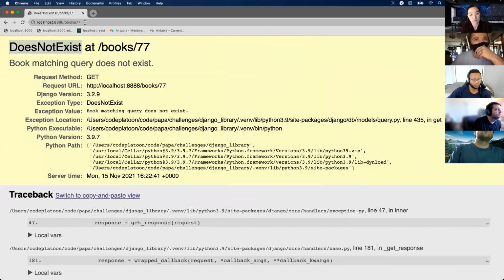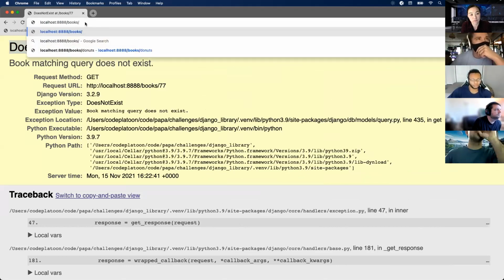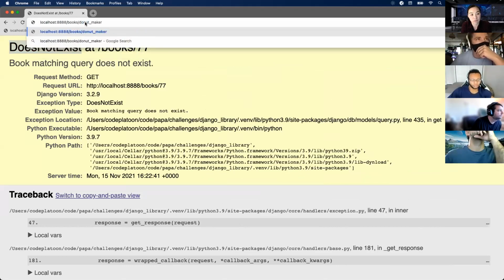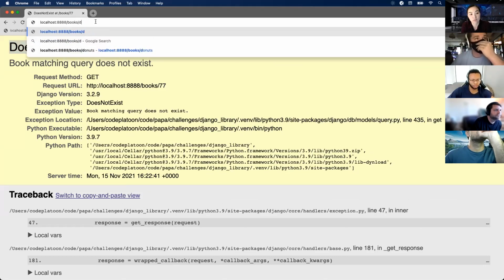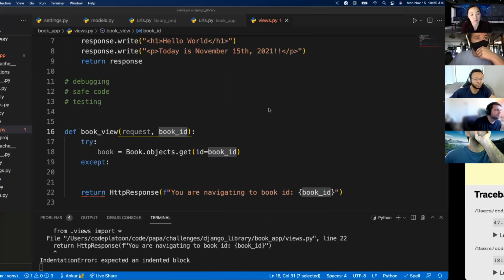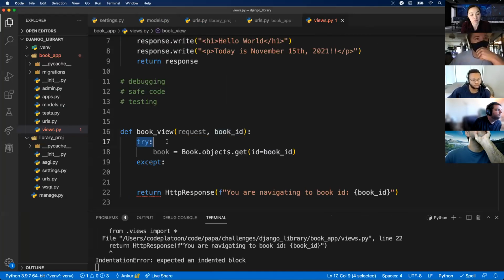When I go to Amazon, I'm not typing in URLs like donuts maker, right? I'm going to click on a link that's going to take me to something valid. But just in case something goes wrong in our navigation or the user's trying to go to a bad path that doesn't exist, we want to wrap it in a try so that if an exception gets thrown, we can catch it here